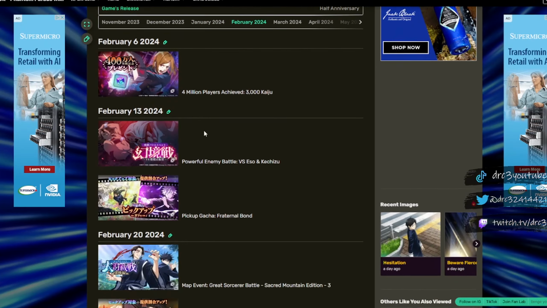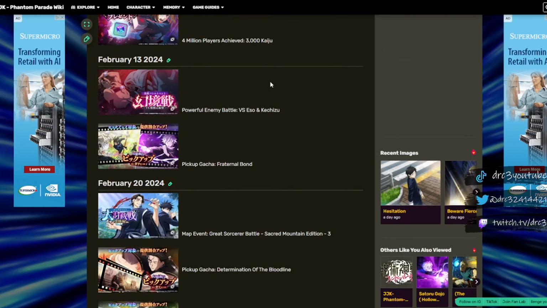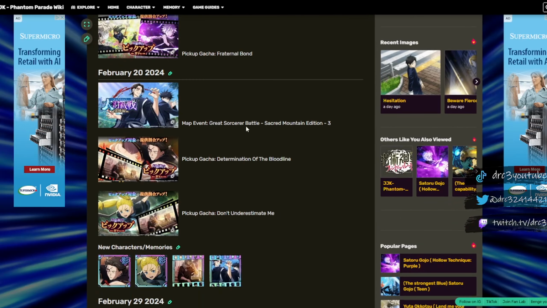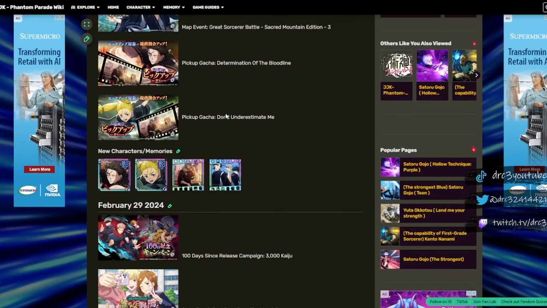Next up for the next month, we have this 4 million players achieved, 3,000 cursed crystals. Once again, I don't know if we'll get the same thing because we're going to have a different amount of players for global. Obviously, we might get different rewards, but they should give us some sort of rewards similar to what they've given out here. And then we have a powerful enemy versus Iso and Ketchuzi. I'm probably saying those wrong. I apologize if I am. A pickup gacha, Fraternal Bond. And as we continue down, map event, Great Sorcerer Battle, Sacred Mountain, pickup gacha, Determination of the Bloodline, pickup gacha,